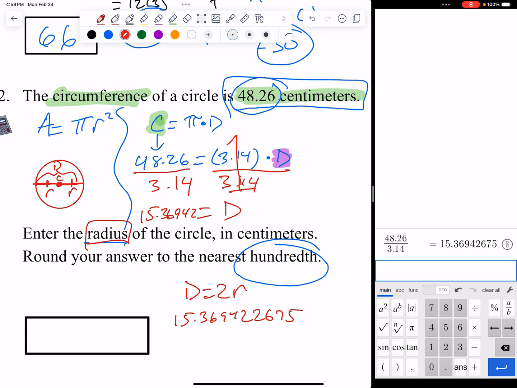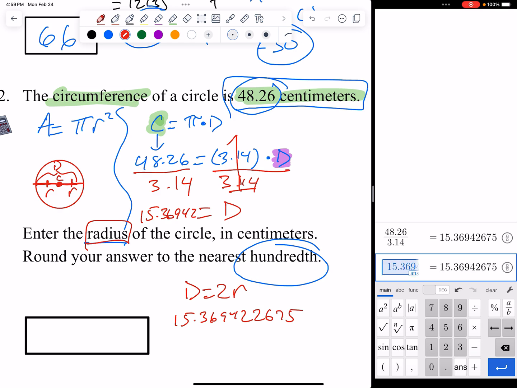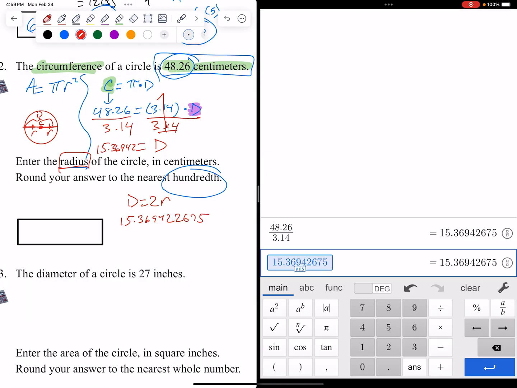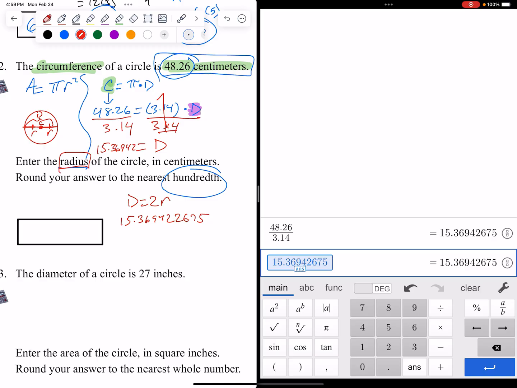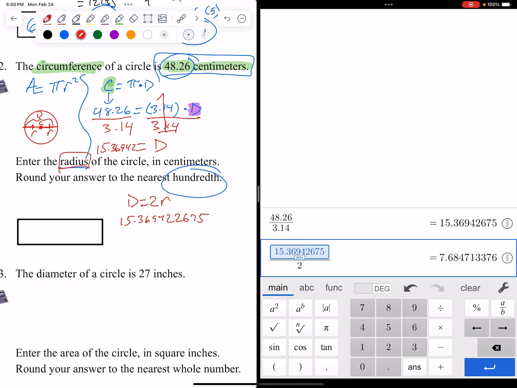15.369422675, I'm going to take that answer. Notice I pressed the answer. You can tell a little bit right there in blue. Can you see it says my answer? So I'm going to clear that, press the answer button, and I'm going to divide the answer by 2. That way I don't have to type in the whole thing. And if I divide by 2, I get the radius to equal, what does it say,